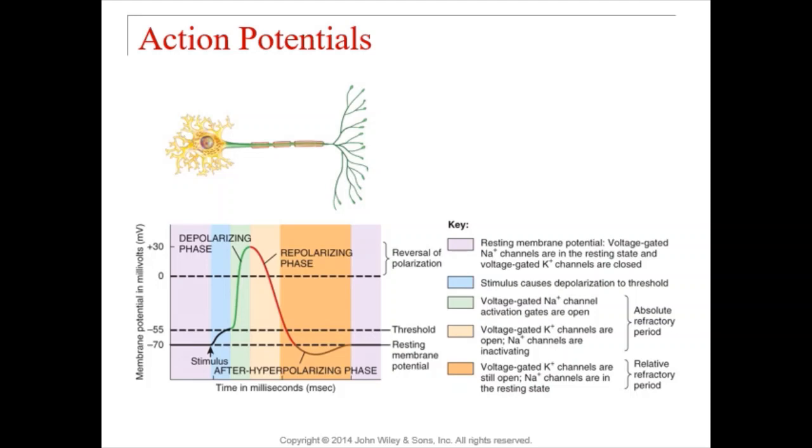Okay, so let's go back over these steps one by one in order to figure out what's going on in each step. Starting off with step one, which is called reaching threshold. Well, you know that in order to make this action potential, this spark of electricity, we need to open some of these gated channels. And the channels that are mainly going to open, you can see from this slide, are voltage gated channels. And remember, these voltage gated channels only open when you change the voltage, when you change the